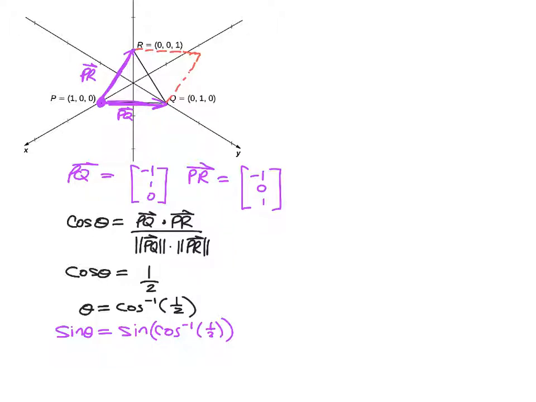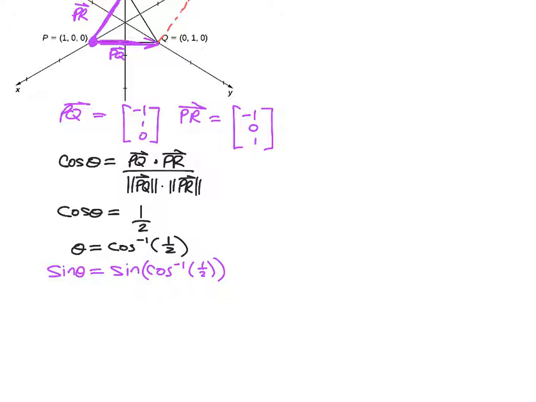which is where we take our rule, which is the magnitude of the cross product of u and v, in this case PQ and PR, is going to be equal to PQ PR